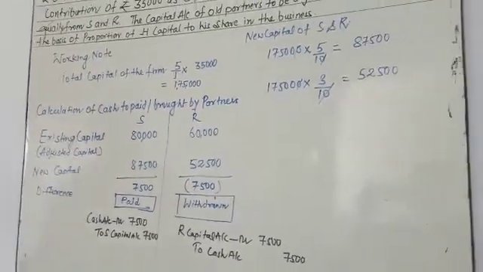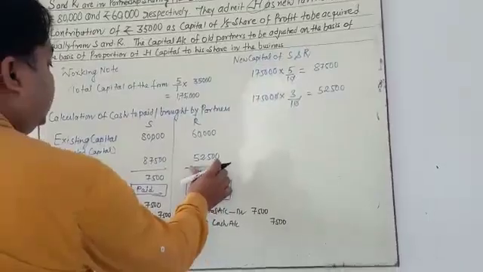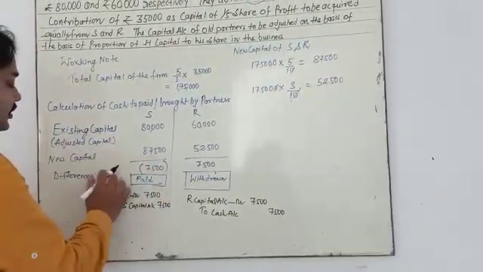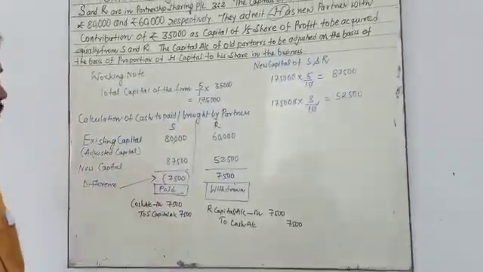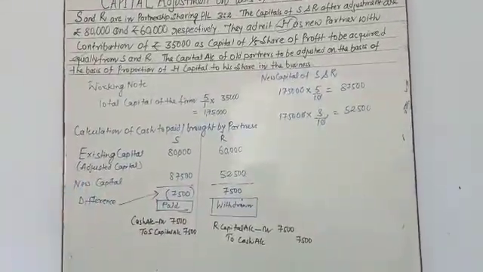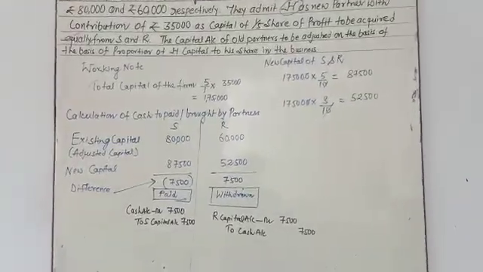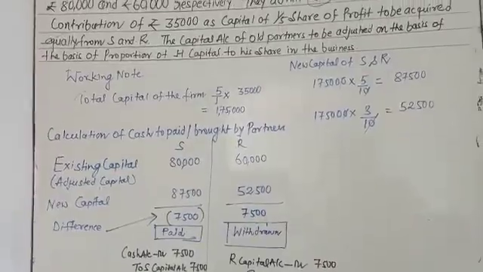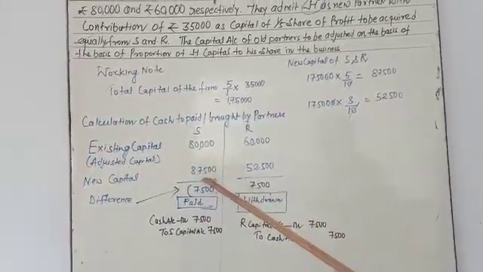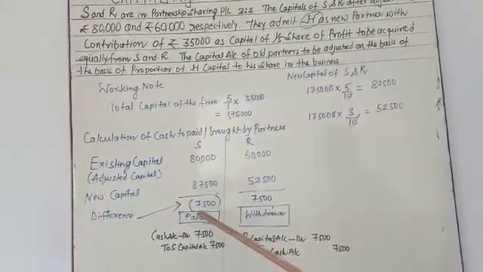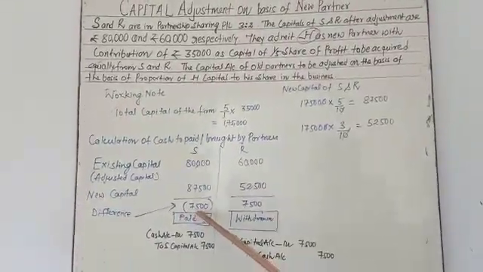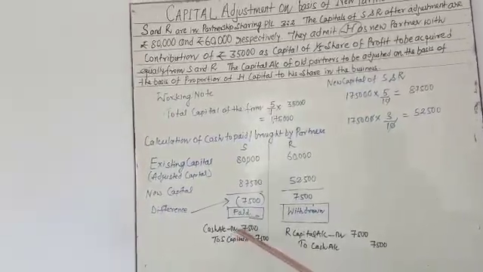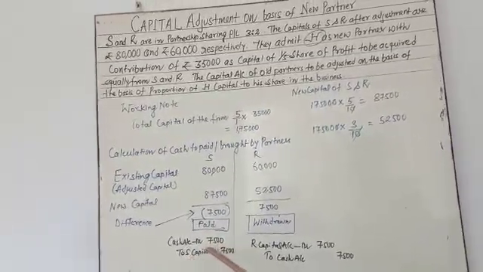So in this situation, you can also check your self solution. It is a deficit case when you are going to find the difference. Okay. So what you observe, let us understand once again. In this question, 80,000 is the existing capital and the new capital is 87,500. It means he is going to pay 7,500 in the form of cash to the firm. So this is the journal entry: cash account debited 7,500 to S capital account.